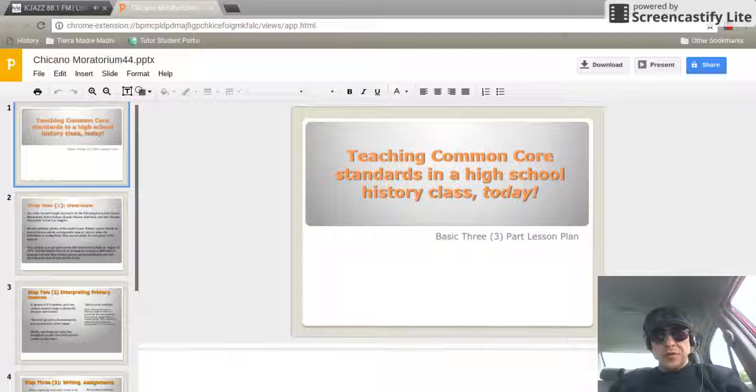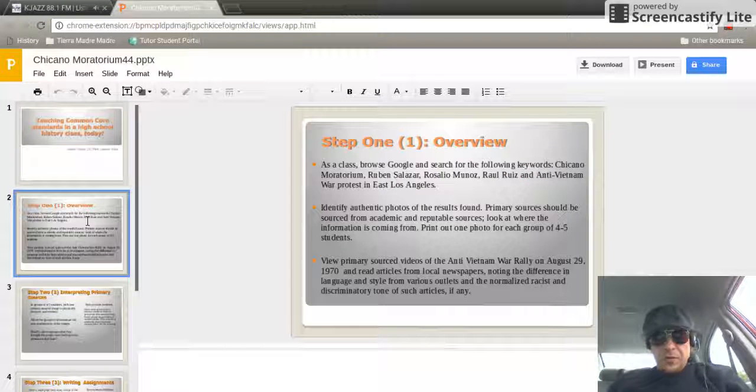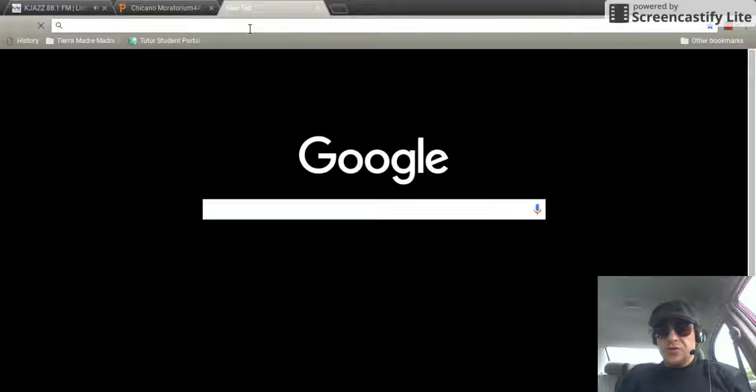Welcome. So in this tutorial, this basic setup, detailed digital agenda set up for a substitute teacher, is an exercise in primary sources. It's teaching the Common Core standards. Step one, as a class, do Google research and try to identify primary images that we can utilize to interpret